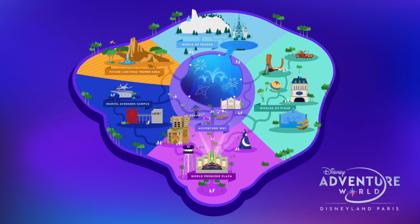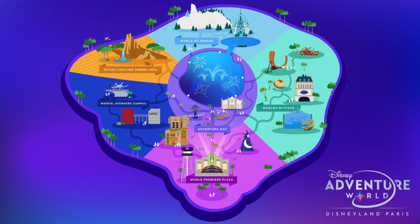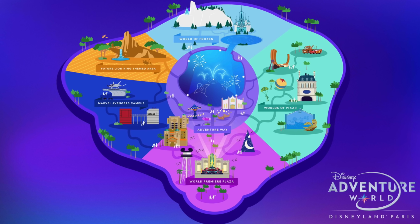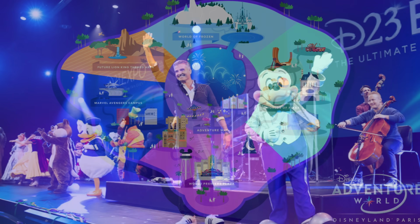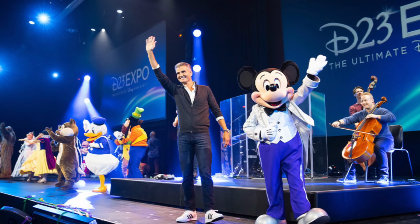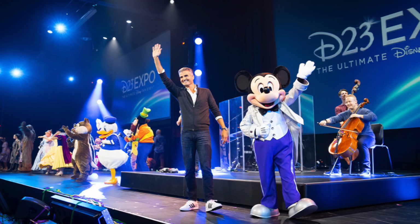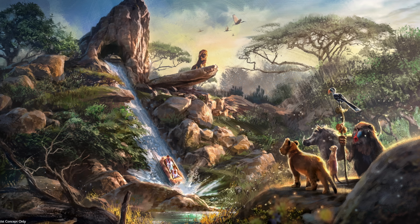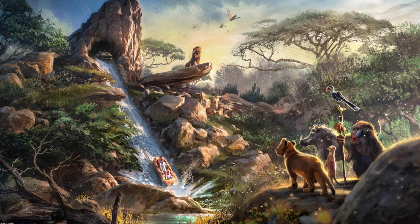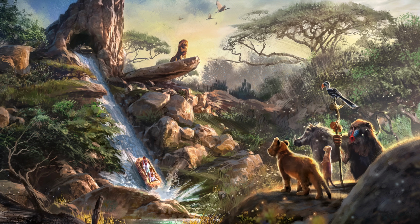park in Disney's lineup. At D23 Expo last year, Josh D'Amaro took to the stage and announced countless new additions soon coming to the Disney parks around the world. And for the first time, Lion King was officially showcased to the public in the form of this concept art, one that we would later understand as being outdated and not entirely truthful due to the use of the 2019